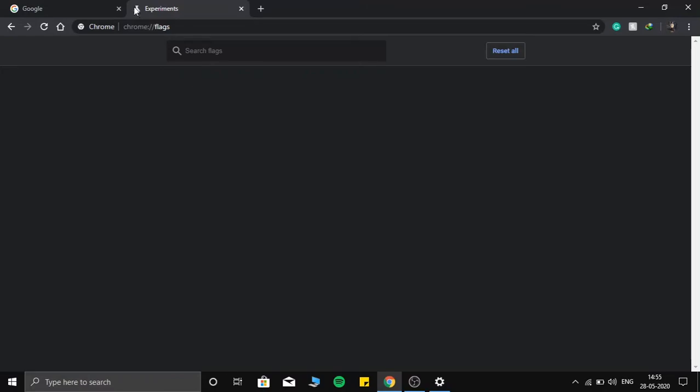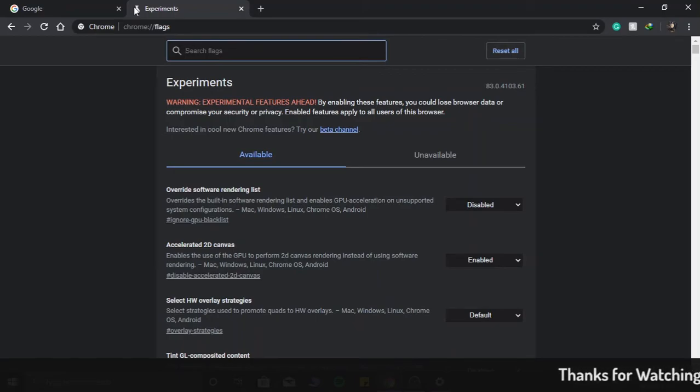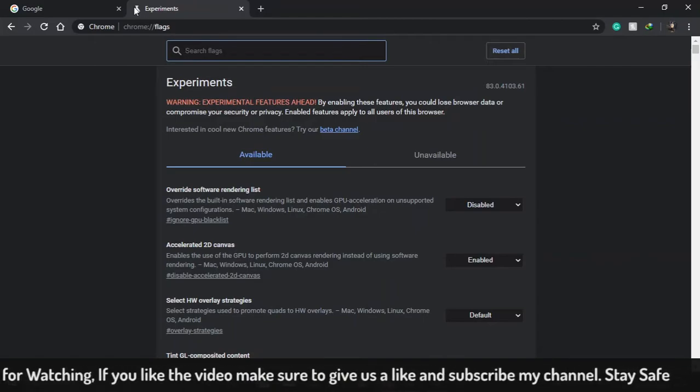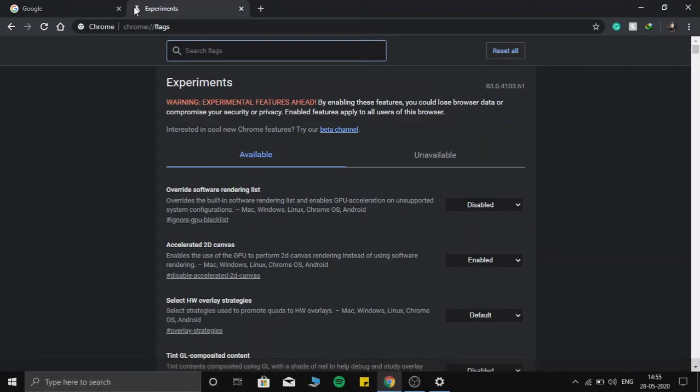and it will take you to the page where you can experiment with the features available on Chrome. You might get a warning if you are visiting it for the first time that you might end up crashing Chrome. It's not that harmful, but you can just read it through. If you want to experiment over here, make sure that you're aware of what you're doing. So here you need to just type "dark" in the search bar above,